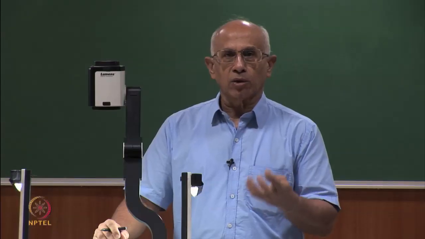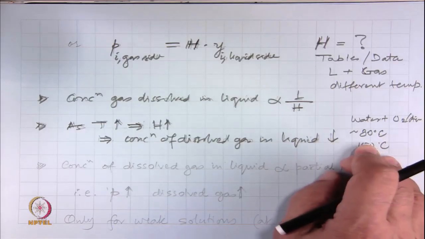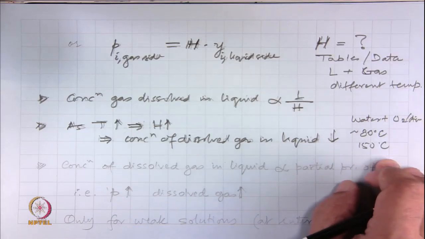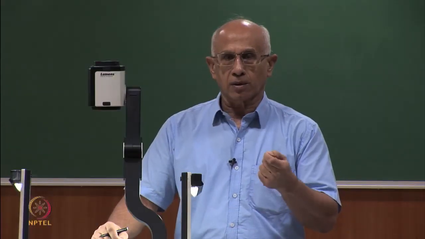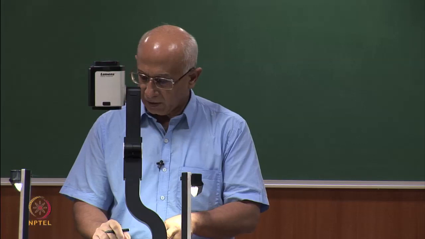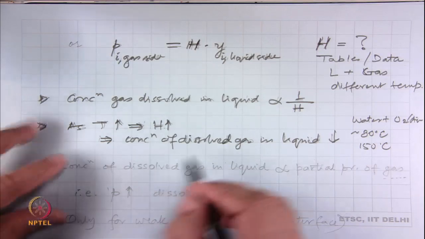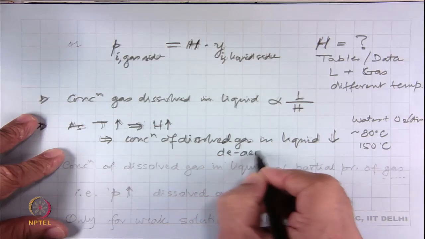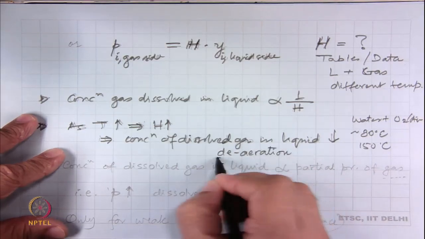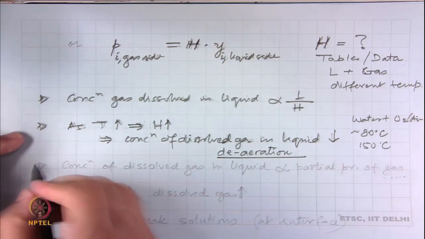a lot of the oxygen and the nitrogen or the air that was dissolved in water has been expelled. In that, if you put some marine life, it will not be able to sustain. At 150 degrees Celsius, the driving out of oxygen from water is much more, the concentration of dissolved gas is far less. This process of heating water and driving out the dissolved gases, the opposite of what we saw by putting it in, is called deaeration. And this is very crucial in steam systems, especially large power plants. And that is the way one does it.